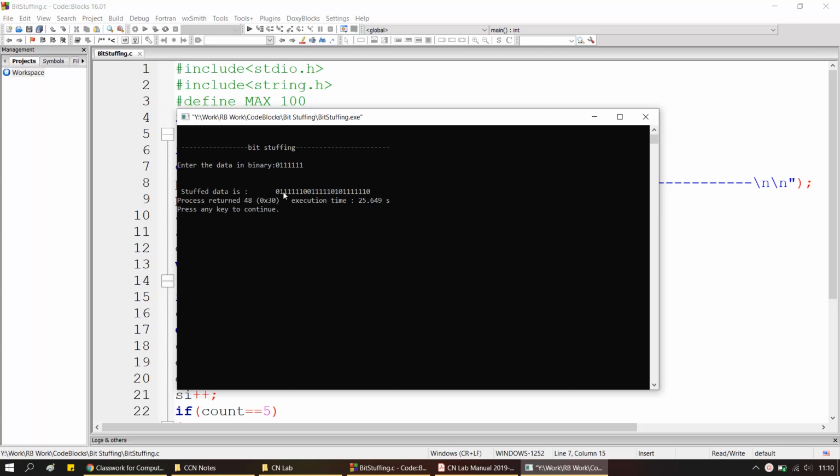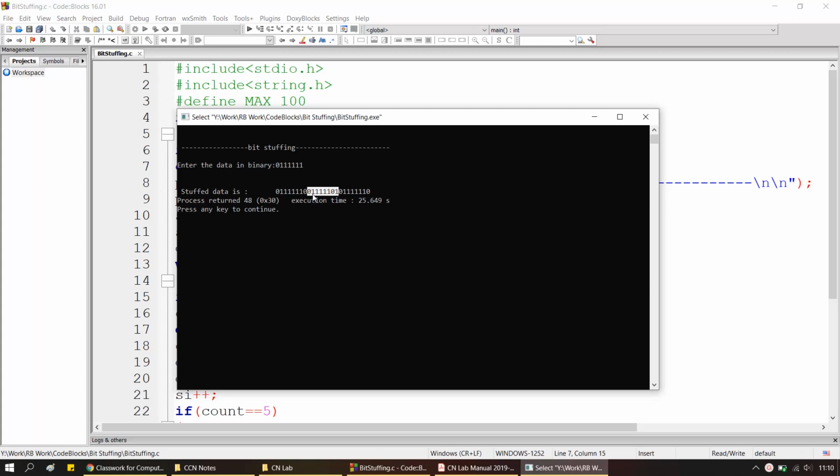So this is what the output is supposed to be. Alright, so when I say this is my data which is almost looking like a flag, this will be the flag and this will be the data, but as you can see there is a small change in the data. The beginning and the end is the flag. The data is a bit changed.